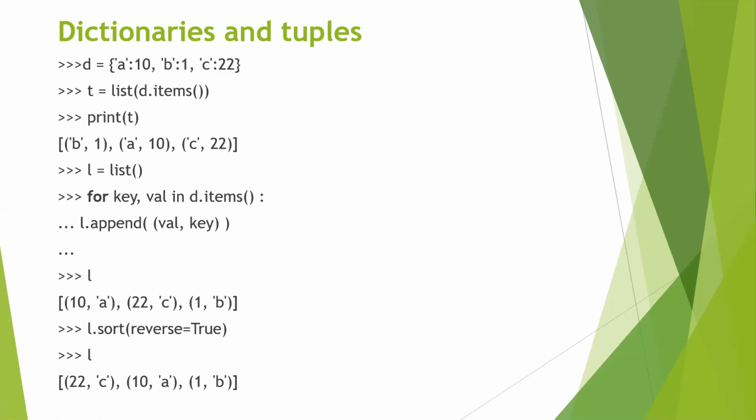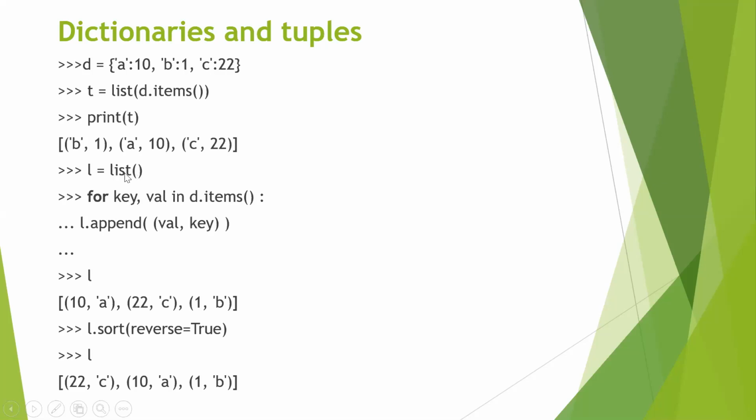Now, add the elements of a dictionary to the list. Now, how do I add the elements to the list? We know that we can fetch the elements of a dictionary by saying d dot items. So d dot items will give me two things. It gives me the key first and then the value. So you have to say for key comma val in d dot items, because d dot items returns two things. Now, from this, you get the key and the value. Add the key and the value to the list now.